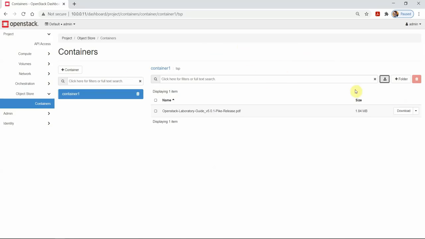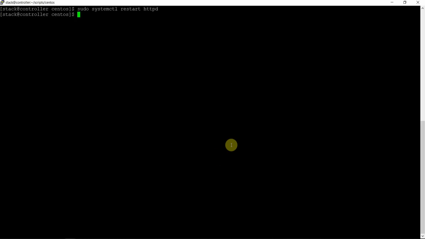Now you can download it, you can change the folder, you can work with the containers and objects inside the container. Let's move on to the next part. Second session, second topic is Barbican. Barbican is a security or secret management, a key management system, where it can be used to generate both symmetric and asymmetric types of keys, which are used to encrypt the data at rest.